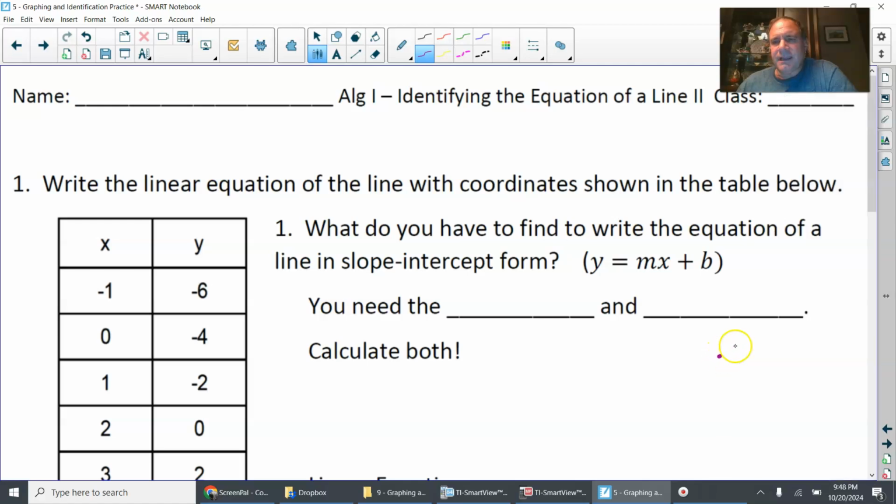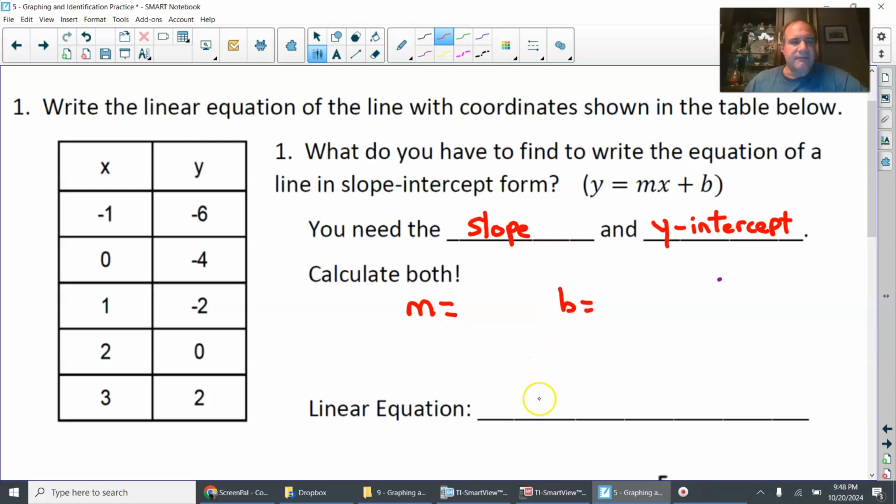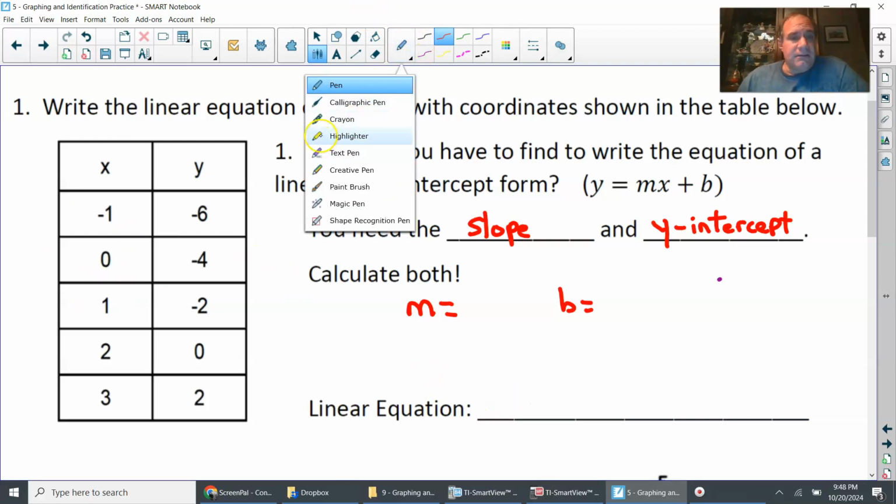Okay, so this is the last page here. So it says write the equation of the line with the coordinates shown in the table below. And this is a very, very important thing. You have to put it in slope-intercept form. So you need the slope and the y-intercept. Calculate both. You know that I think that the y-intercept is the easiest thing to identify. So if you're just looking at this, I'm just going to highlight for you